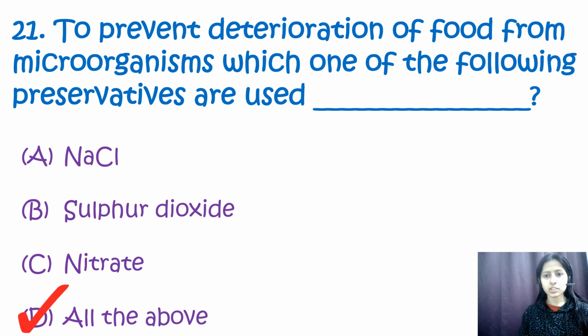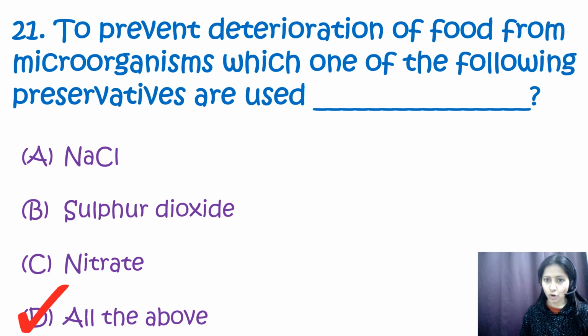So to prevent the deterioration of food from the microorganisms, preservatives are added to the food products. These preservatives or food additives play an important role in making the foods last longer, or taste better. Especially these preservatives are used to control the microbial actions which take place in the food products. So they provide protection from the